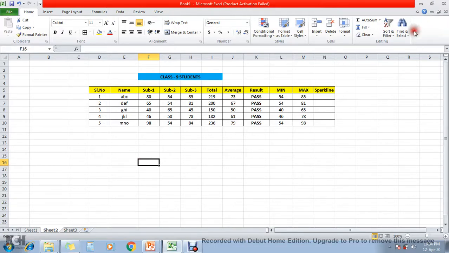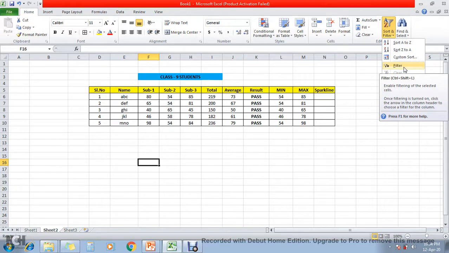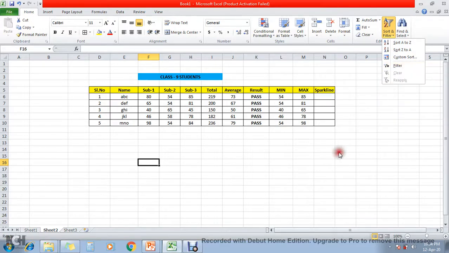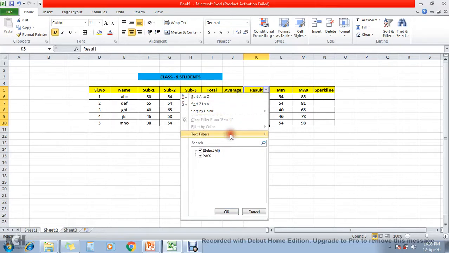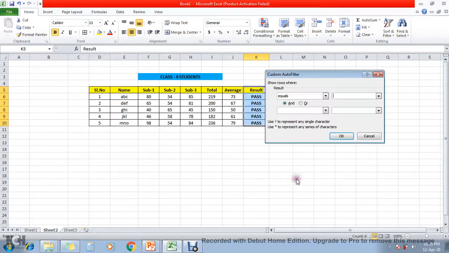You can see here we have the sort and filter option, custom sorting and filtering. This is the filtering tool. By using this filtering tool we can work on it. Like the result column here, click on sort and filter. You can see the drop down list appears. Go to text filters, custom filter, then equals to